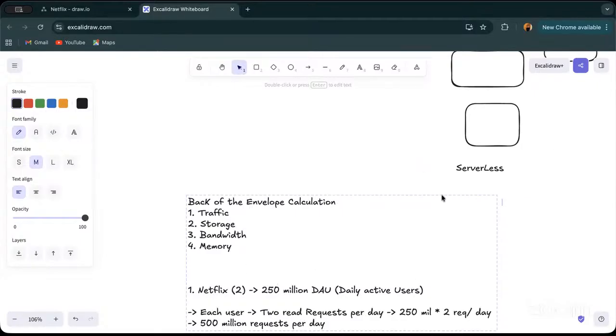Now, whenever you're designing a system, you can be concerned with the daily active users, but